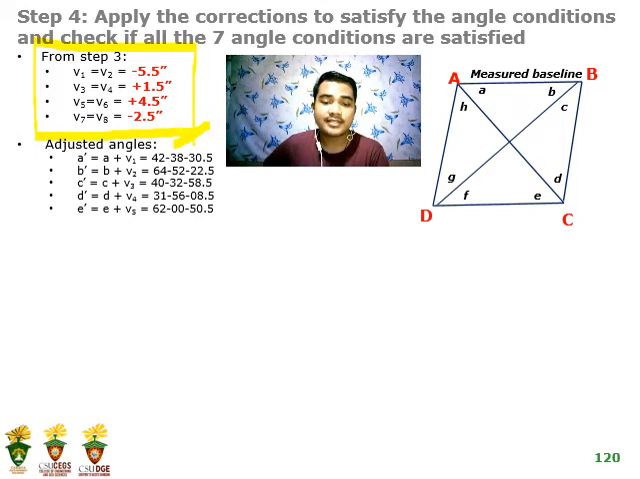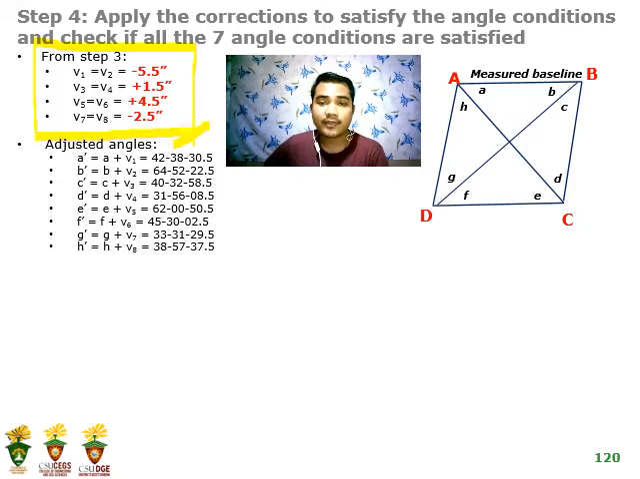E prime, which is the adjusted angle for E. We have 62 degrees, 0 minutes, and 50.5 seconds. For F, we have 45 degrees, 30 minutes, and 02.5 seconds. And for G, we will have 33, 31, 29.5 seconds. And for H, we have 38, 57, 37.5